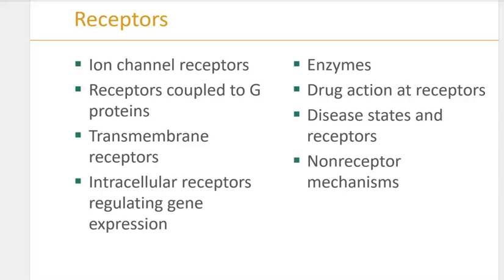Full video again to help explain the different receptors. Your book does not go into that much detail on some of these, but the first one they talk about is the ion channel receptors. And so they will transmit signals across the cell membrane by increasing the flow of ions and then altering the electrical potential or separation of the charged ions across the membrane.